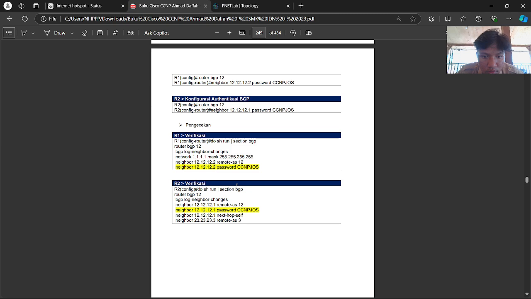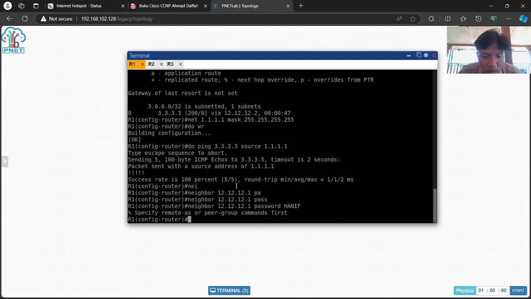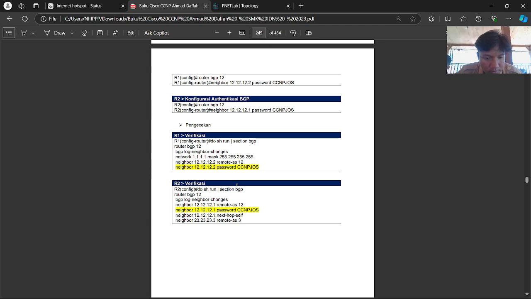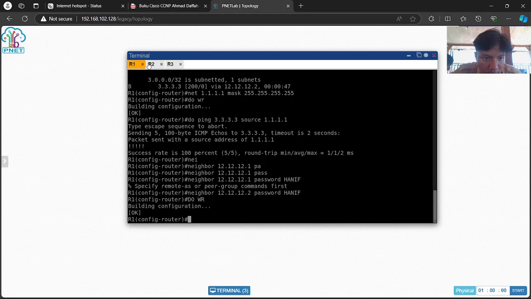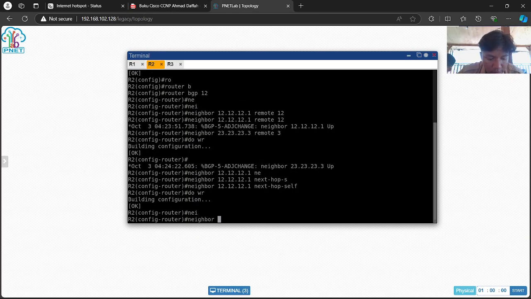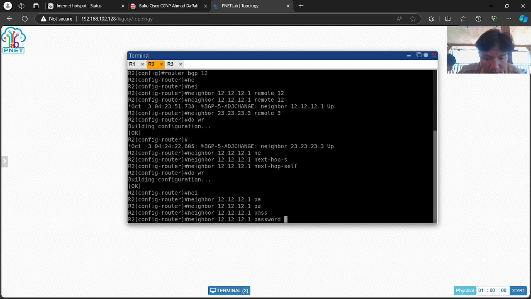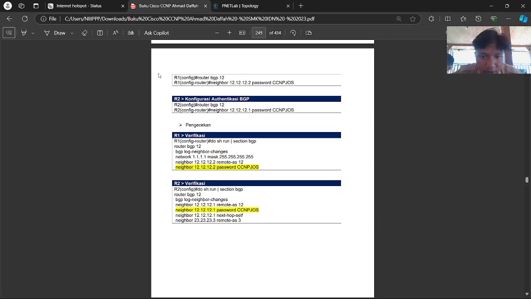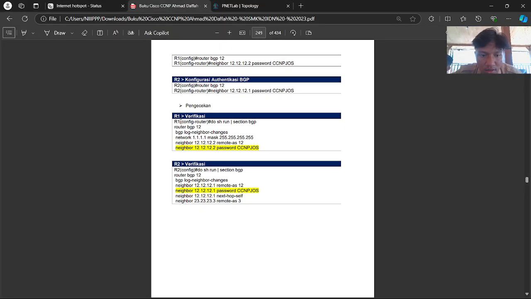Oh, the network is 12.2. Okay, and then don't forget to write it. And also you can make the password at the network 12.1 at router 2. The password must be the same as the other router.